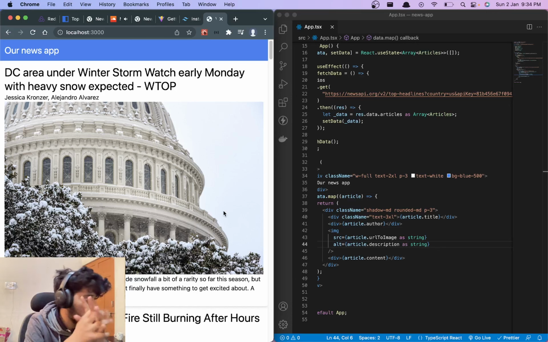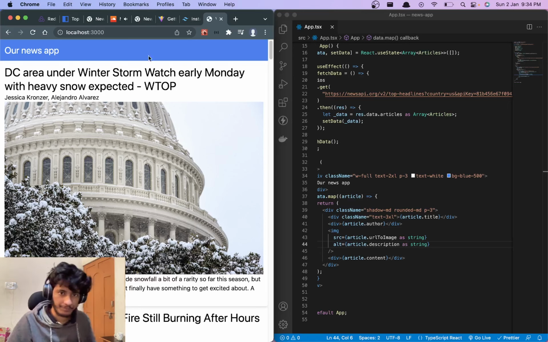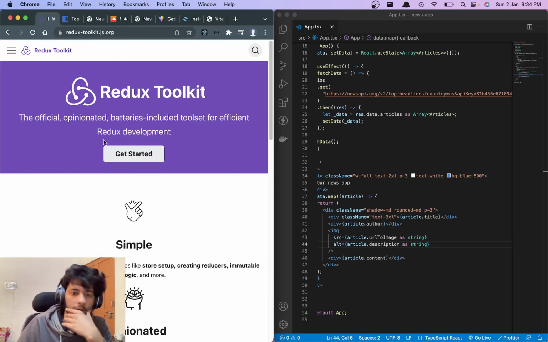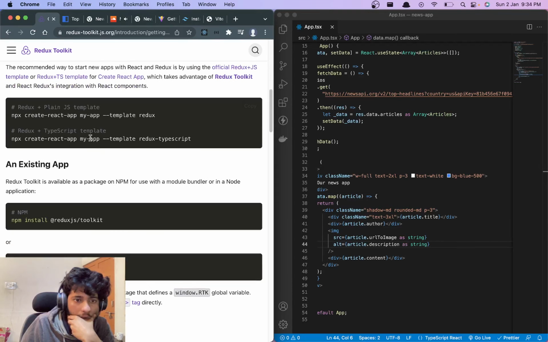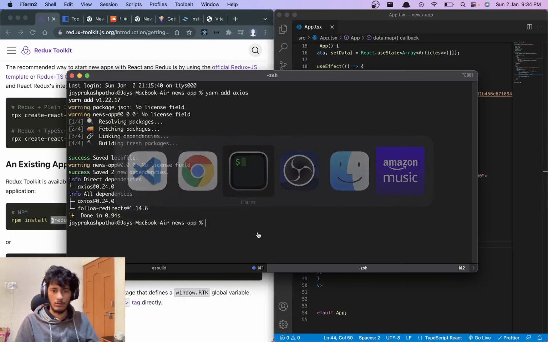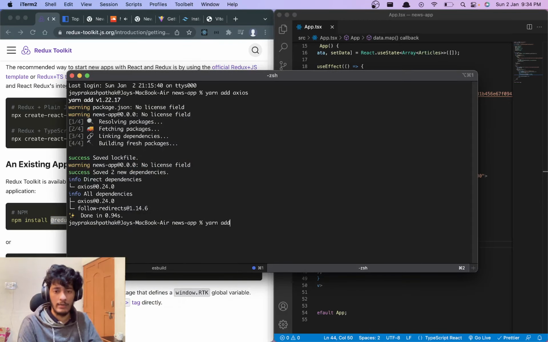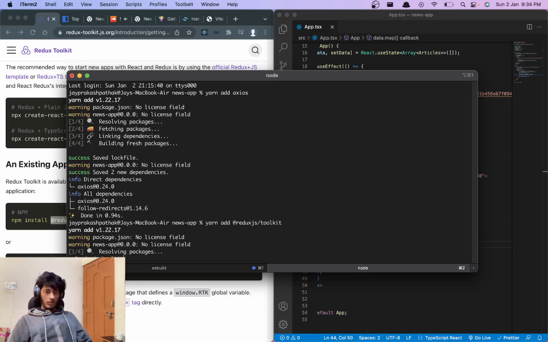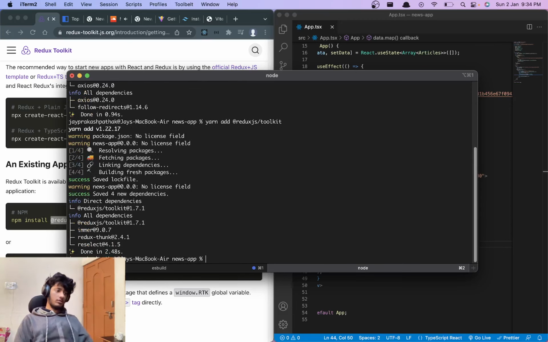We need to store all this information in a Redux store in React. Let's see how it works. We have to install this, so we can say yarn add, which will add Redux Toolkit to our project.